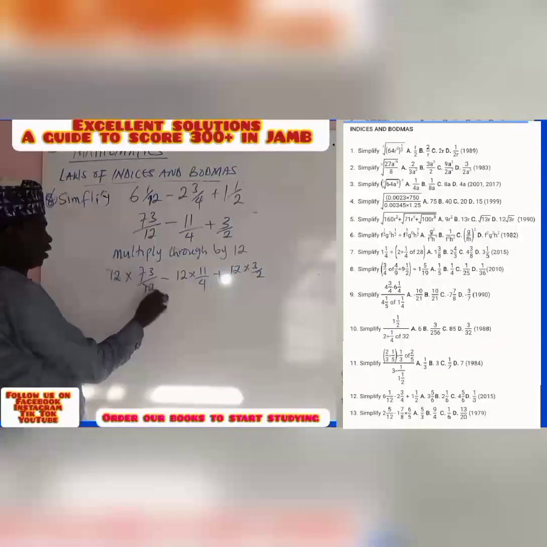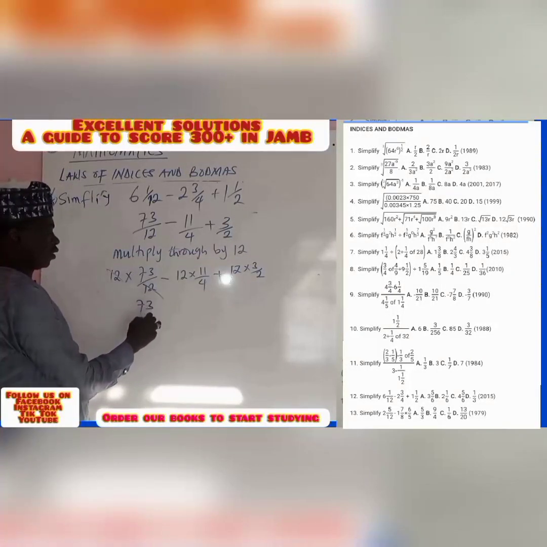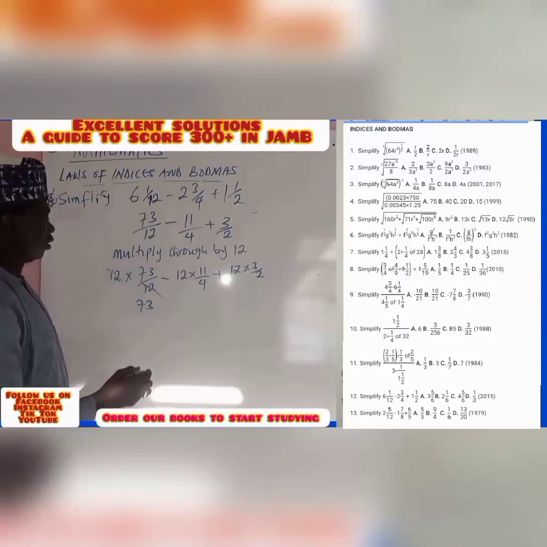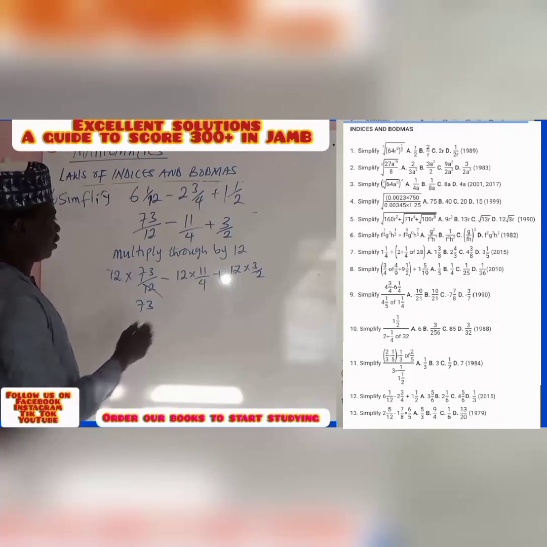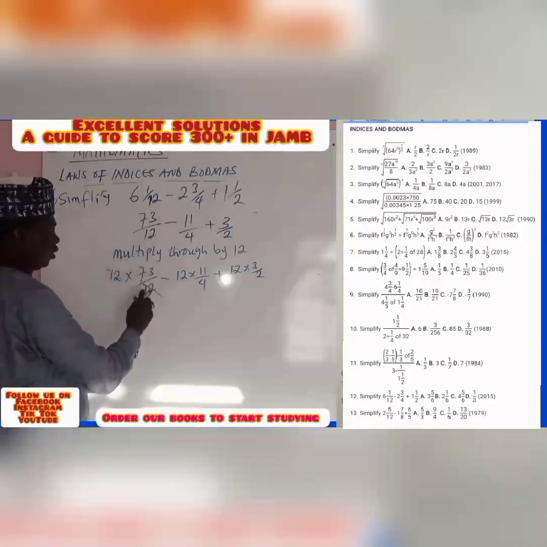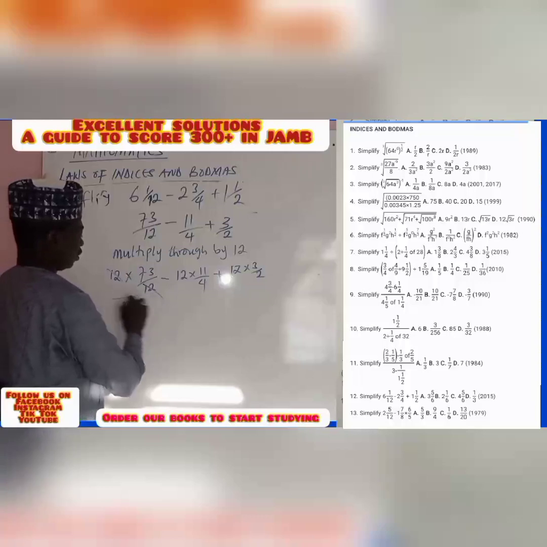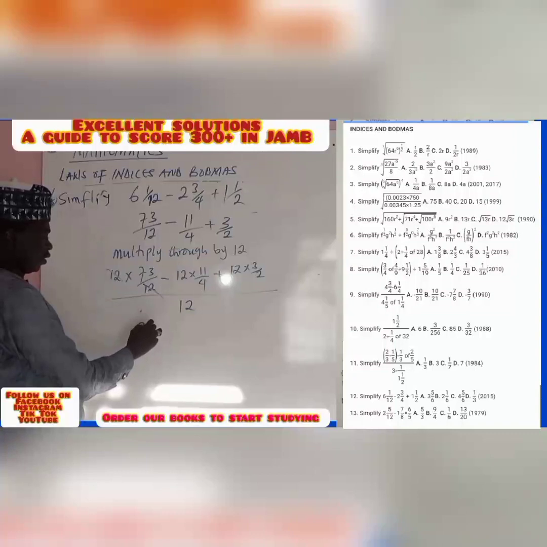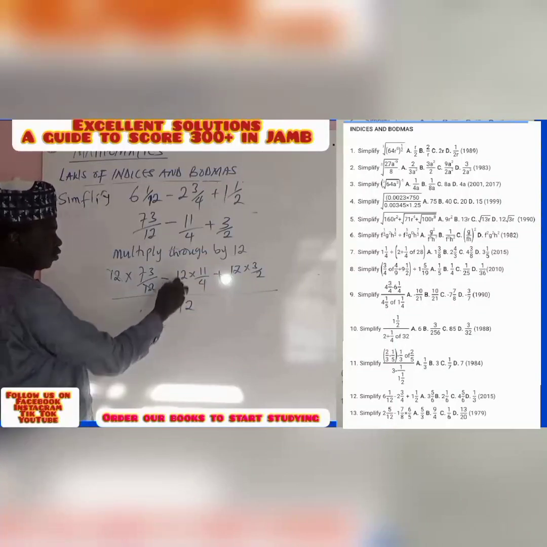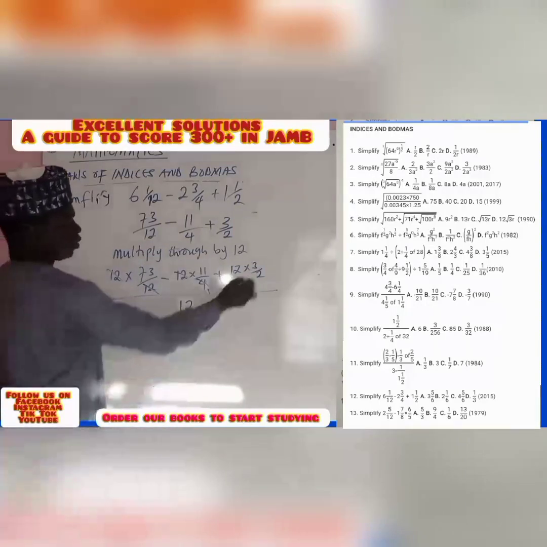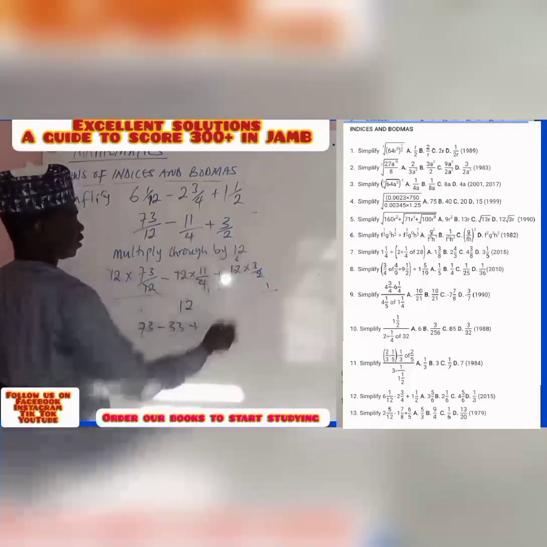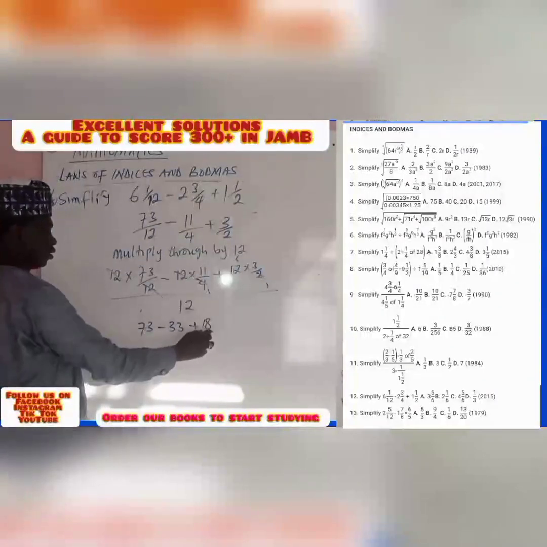So here 12 cancels 12, we have 73 over 12. If we take the LCM, all of them we are going to divide by 12. So this is going to give us 73 minus 12 here, 4 here 1, 4 here 3, 3 times 11 is 33, then plus 2 here 1, 2 here 6, 6 times 3 we have 18, all over